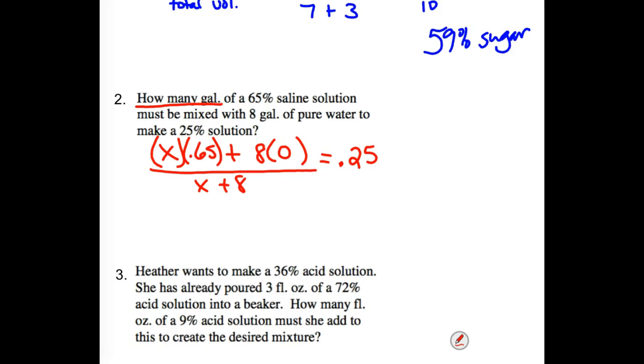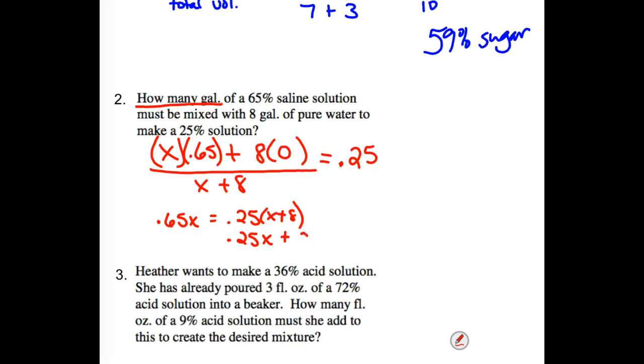Cross multiply. All right. Let's multiply our x plus 8 over to the right-hand side. So we have 65 hundredths times x plus 8 times 0. 8 times 0 is? Come on, guys. 8 times 0. 0. All right. Multiplying x plus 8 to the 25 hundredths. We end up, when we distribute, 25 hundredths times x plus, what's 25 hundredths of 8, or a quarter of